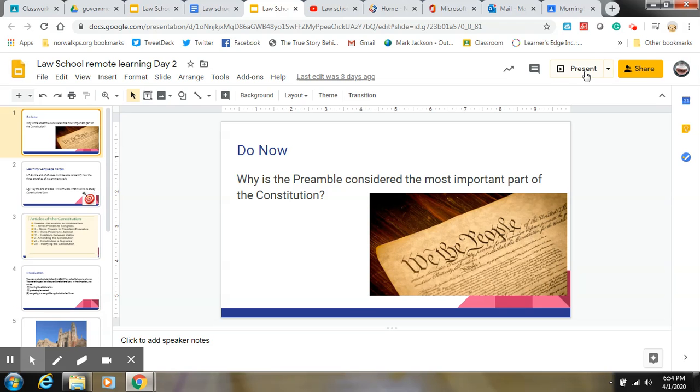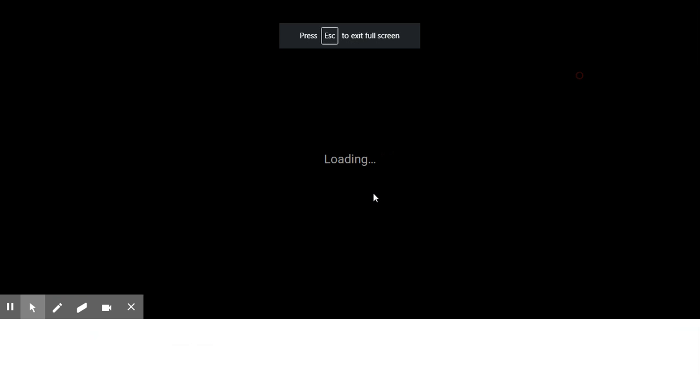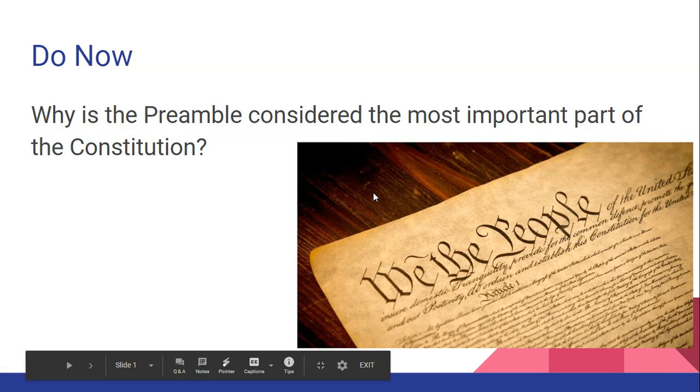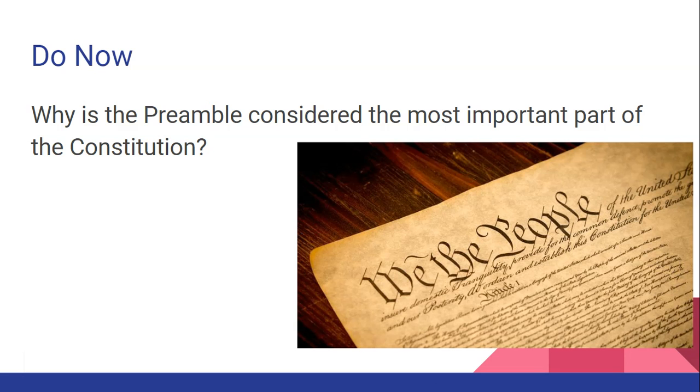Okay, welcome back. Let's begin our presentation. You've taken a look at the preamble to the Constitution, and you could pretty much understand that the preamble is the most important part because this is the part that sells the people. When our founding fathers were developing this document, they needed to find a way to really engage the regular citizens.